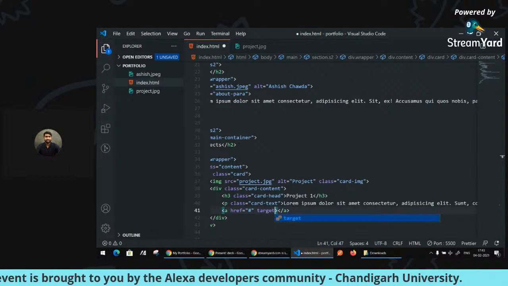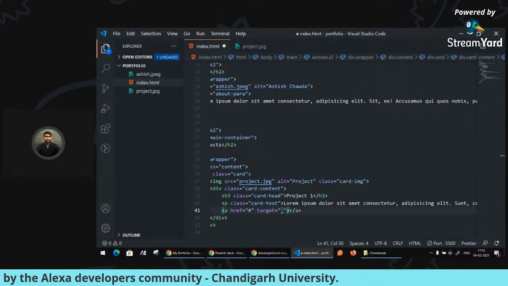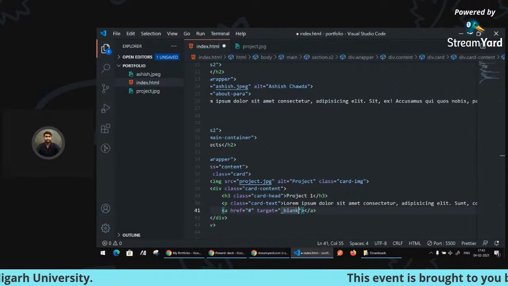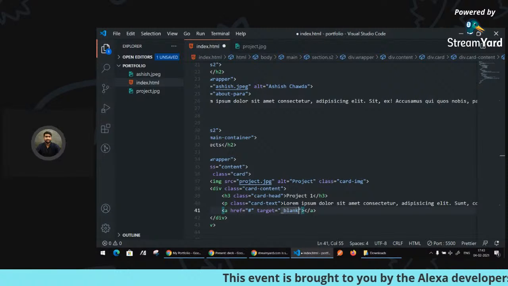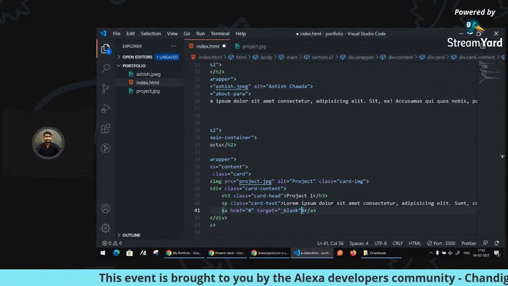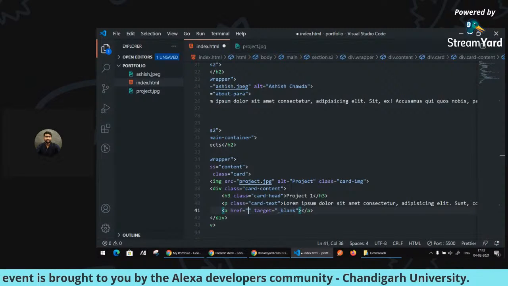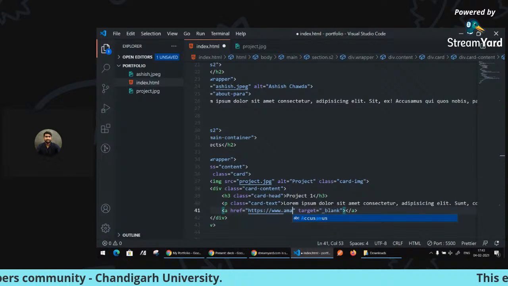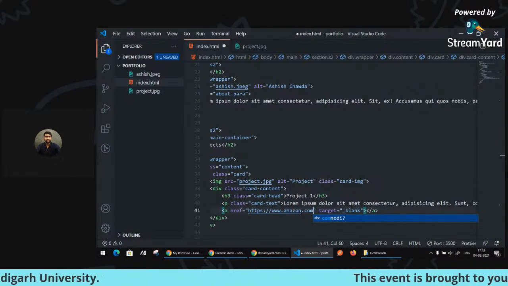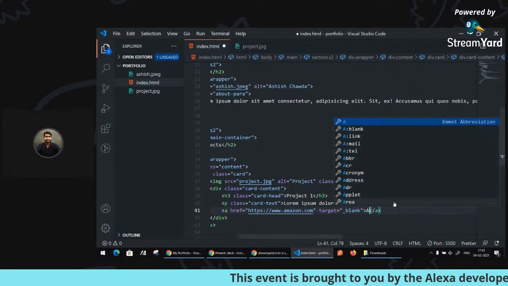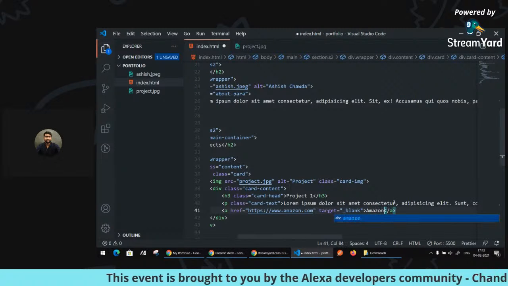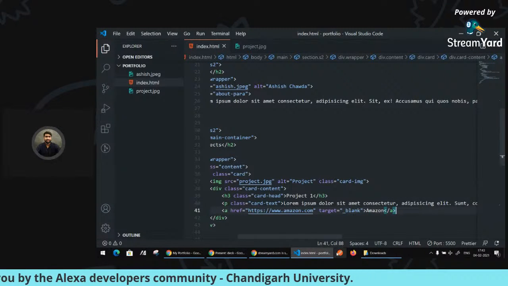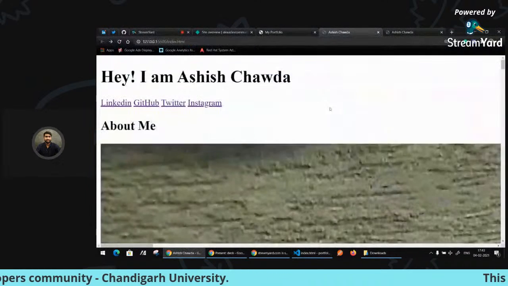And there is one more thing, the target attribute. Here we'll put blank. So target is equal to underscore blank shows that whatever the link is about, that link will open in some other page. For example, let me put amazon.com here. If you had noticed before, when we clicked on the Amazon link, it opened in the same page. But for example, now in our case,